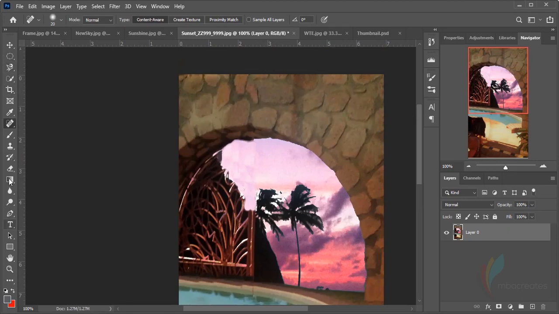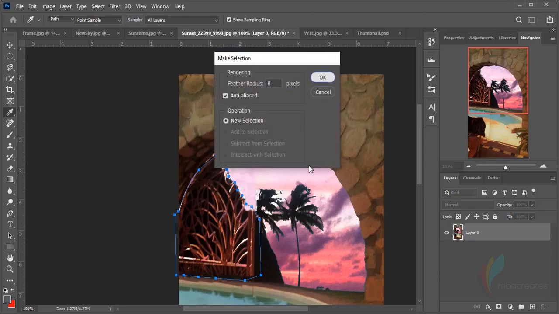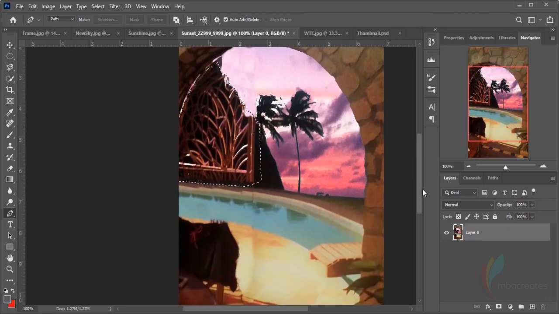Now let's take the hill off. Let's pick our pen tool, selecting the area. The area of the gate that is left. Right click, make a selection. Now we're going to use the fill tool,